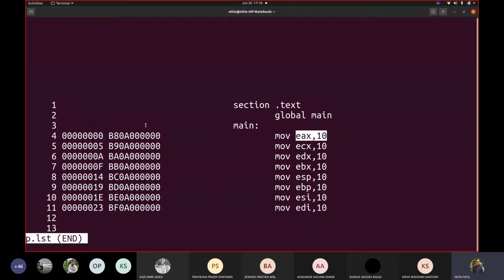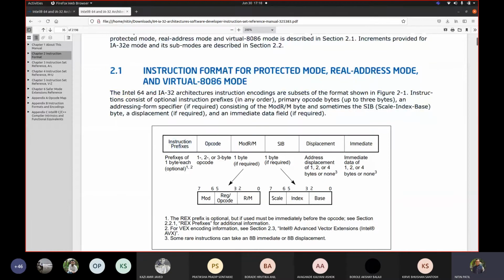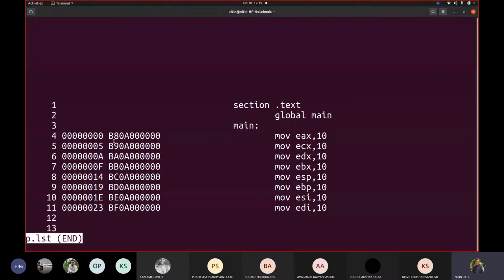Correct. Now when I say that the address of the first instruction starts at 0, how do we compute the size of this? The size computation would be done using this. If your opcode is 1 byte and your data is immediate data of 4 bytes, then 1 opcode plus 4 gives size 5. So 0, 1, 2, 3, 4.